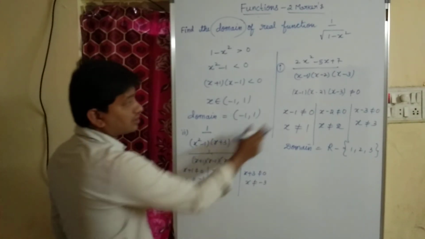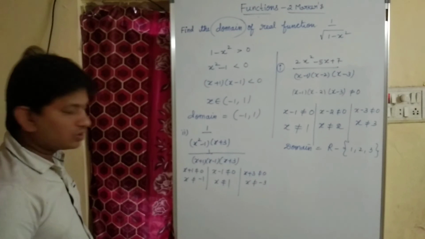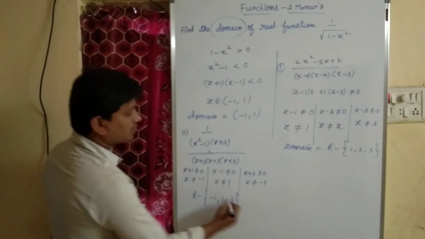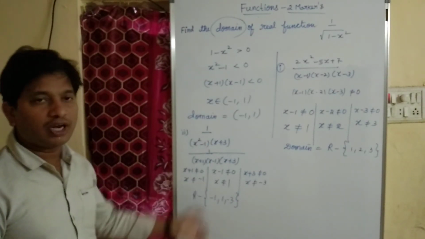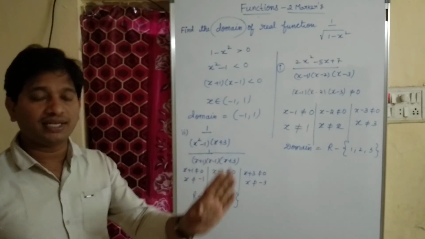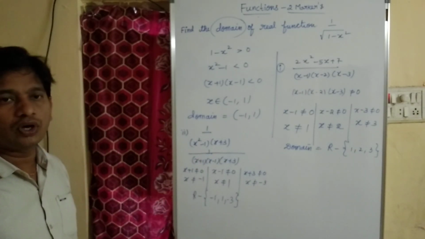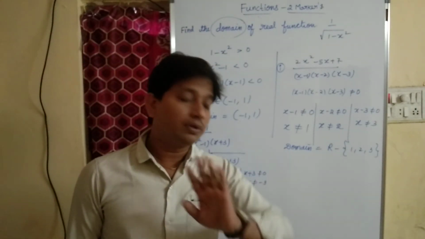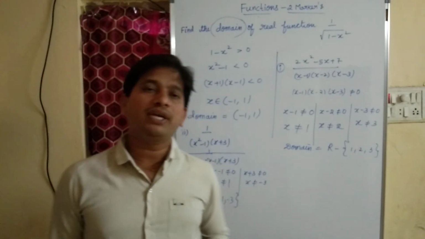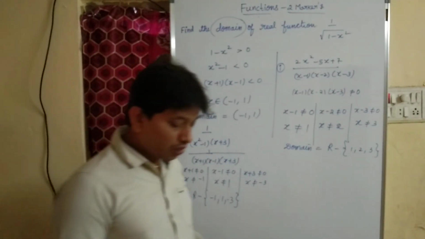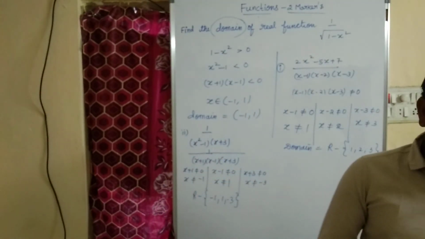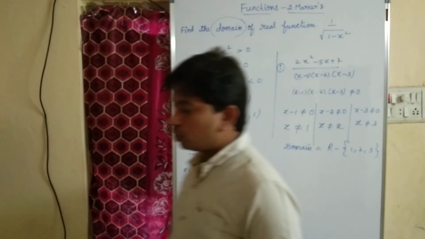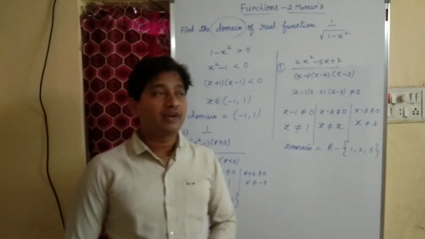This problem is also like the first question. So it is defined for all values except minus 1, 1 and minus 3. What is the domain? All real numbers except minus 1, 1 and minus 3. Then it is defined. Okay? If it is in the denominator, the thing is it should not be equal to 0. The denominator must be not equal to 0, then only any function can be defined. Children, did you understand how to find the domain? In this way, they are going to ask questions. These are the most important problems in functions. Okay, children?